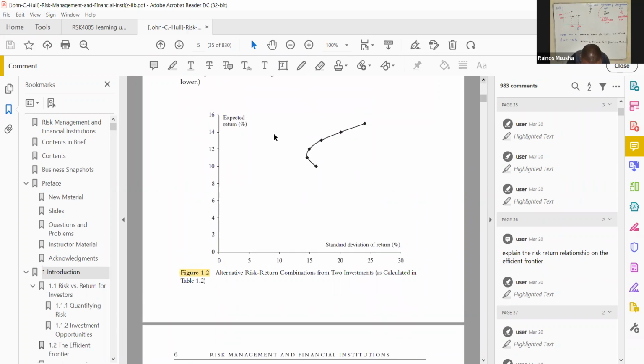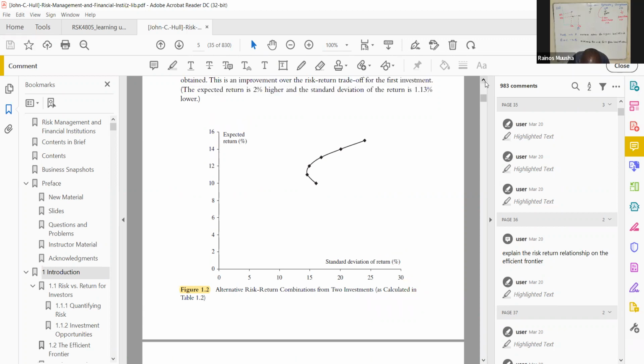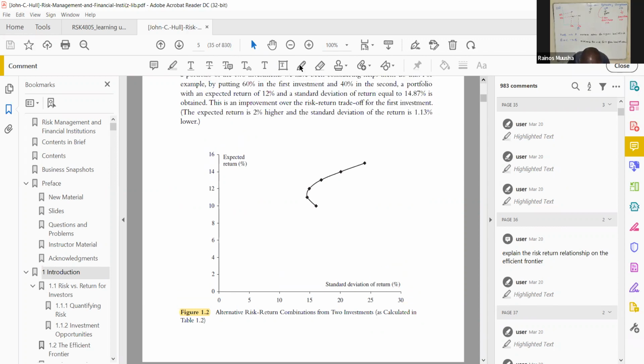If you go back here, do you see that this combination of risk and return is not efficient, because why would the investor want to invest in something for a certain level of risk? The investor would invest in something and earn this return when they can invest in something on the efficient frontier